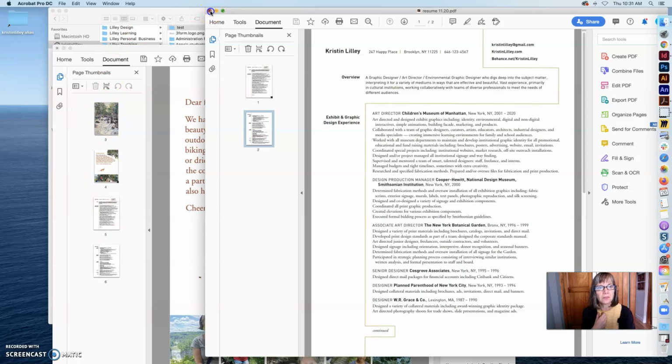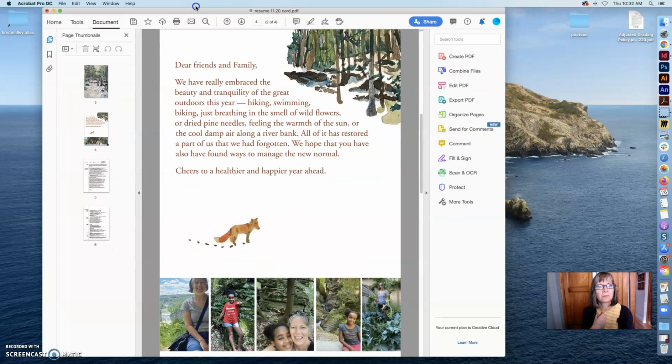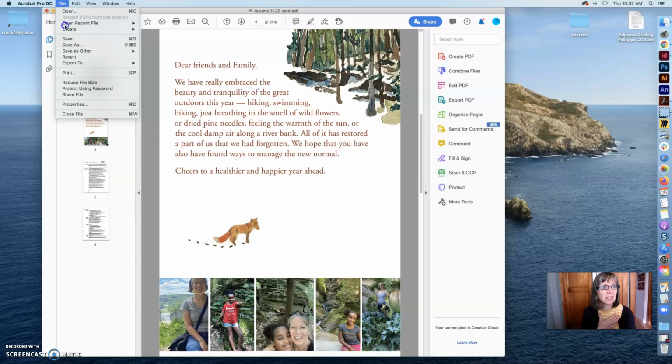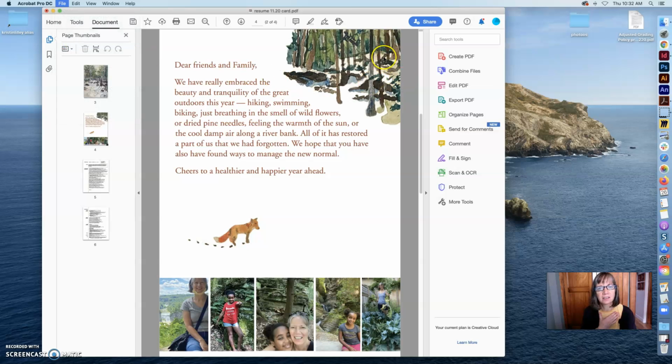Okay, so now that I've got my 4 pages here, I am going to save my file. So because I've organized this, I am going to save as